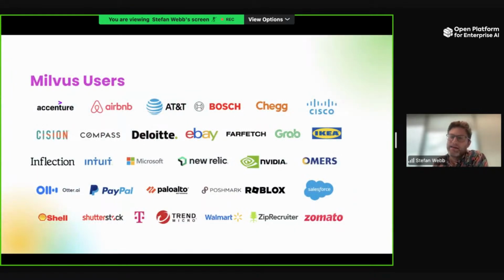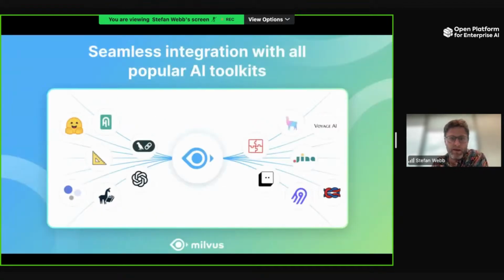Milvus is open source and widely used within industry, everywhere from IKEA, eBay, Microsoft, to Airbnb. I would say it's the most popular or most widely used open source vector database. And I think because of that, it has a large number of integrations with all sorts of generative AI tooling, both open source and closed source.